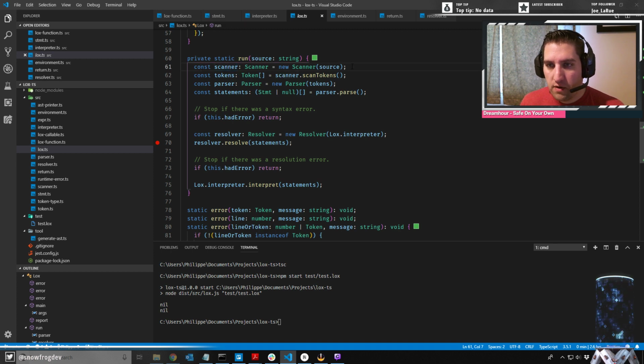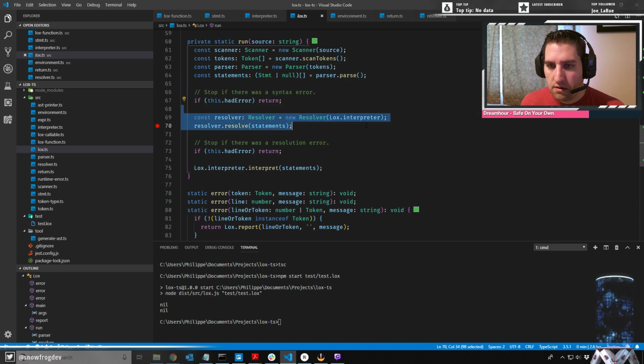So see, it's pretty well organized. You run the scanner, which turns your source file into a tree of tokens. And then you run a parser that turns, actually, that's not really a tree, is it? I haven't played with the scanner in a while, but anyways, in the end, the parser takes in the tokens and parses that into a syntax tree. And then you take that, and this is what we've added right here. Whereas before we'd go straight into the interpreter, now we've added a step, a resolver, which is basically going through your static,